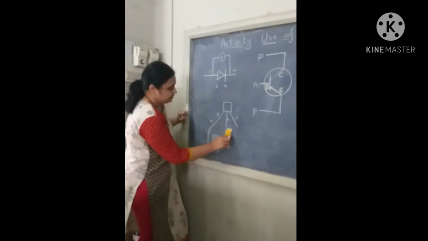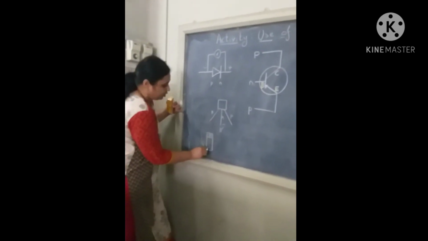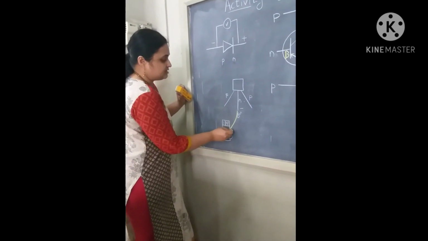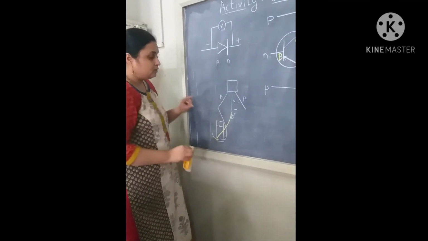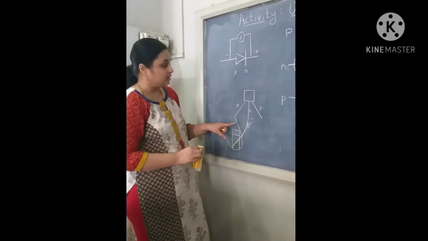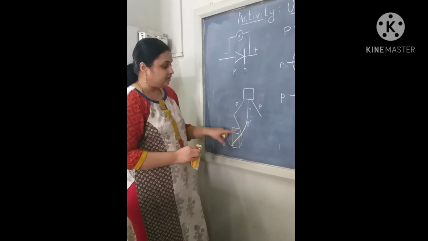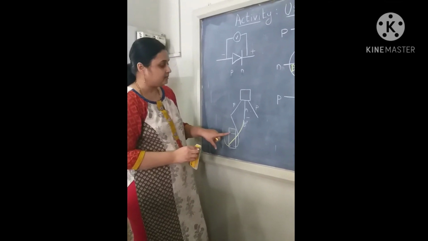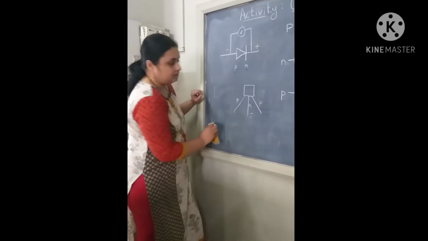Now I will connect my positive wire over here, and this negative wire, that is the white wire, I will connect to this terminal. Now what will happen? You will see that we won't get any reading over here, because earlier itself we had got a reading and we had come to know that this is PNP. If this is P and if you connect negative wire to it, it is not going to show any reading. Okay, it will not show us any reading, right? So in this way we can identify which is a PNP transistor.